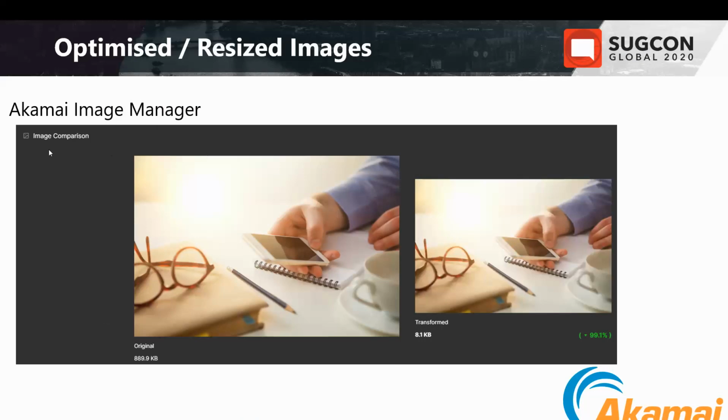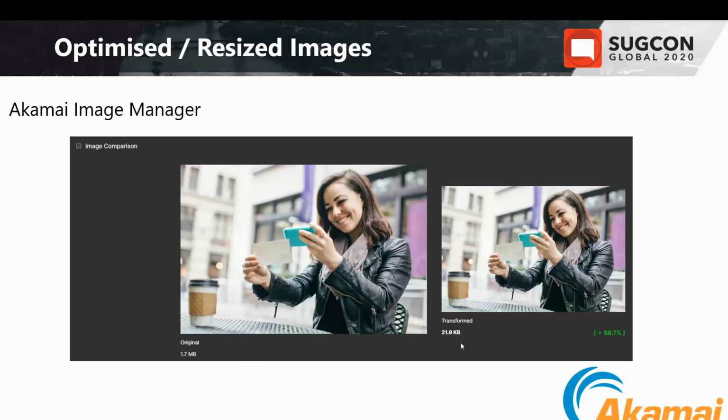So just to show you that the original uncropped image has been requested from Akamai Image Manager server to Sitecore. It shows the original large image on the left hand side, and then the cropped and optimized image on the right hand side. The original image, unaltered, uncropped, unresized, is 890 kilobytes, and after it has been transformed and optimized, it is now down to 8.1 kilobytes, which is a reduction of 99.1%. Another example, from 1.7 meg to 21.9 kilobytes. It is a very unfair comparison right now because we are comparing to an original high-res image that has not been treated. So in the next couple of screens, I will show you the comparisons that I've done